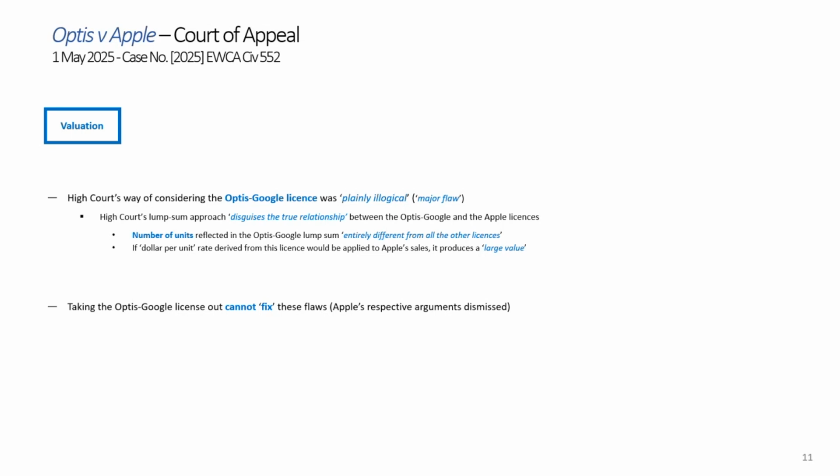And the way it did that, in the eyes of the Court of Appeal, ignores the true relationship between the Optis Google license and the Apple licenses, which is a major difference, given that the lump sum for the Optis Google license was based on a significantly lower number of units. This led the court to say that if you would use the per unit rate from the Optis Google license and apply this to the Apple sales, then you would get a significantly higher value of the license. So here the court said